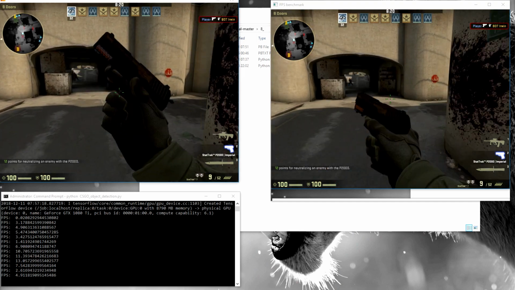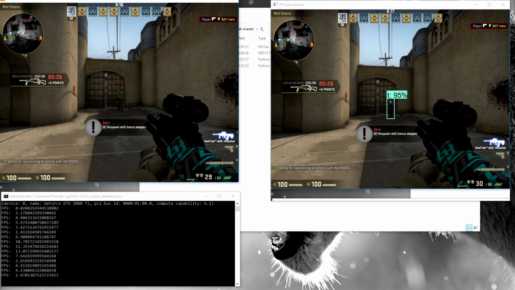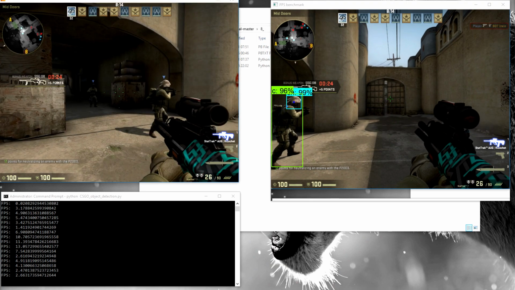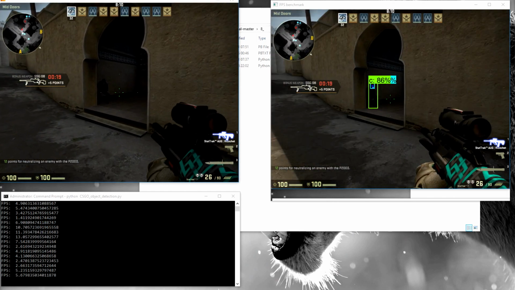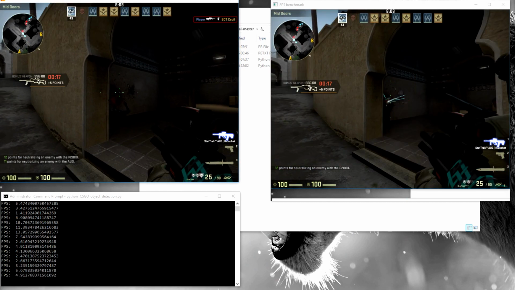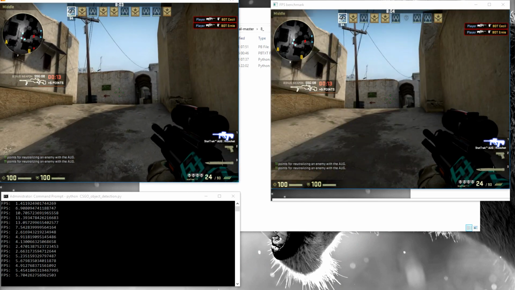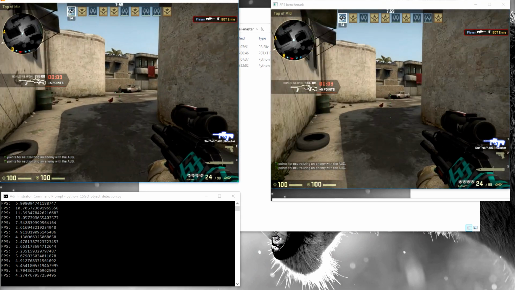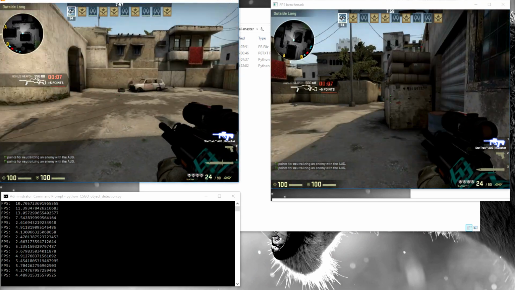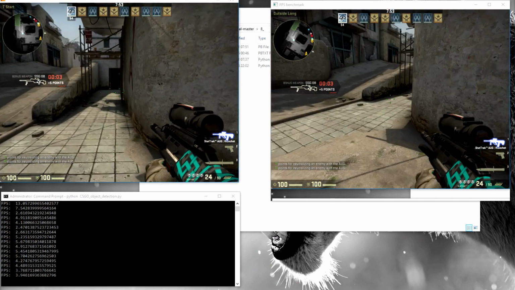Yep, so I'm not shooting. I'm letting it do it for the bot, but yeah, shoot it. Okay, shoot it. Okay. As you can see, it's 5 FPS, 4. It's not the best, not the greatest, but I think